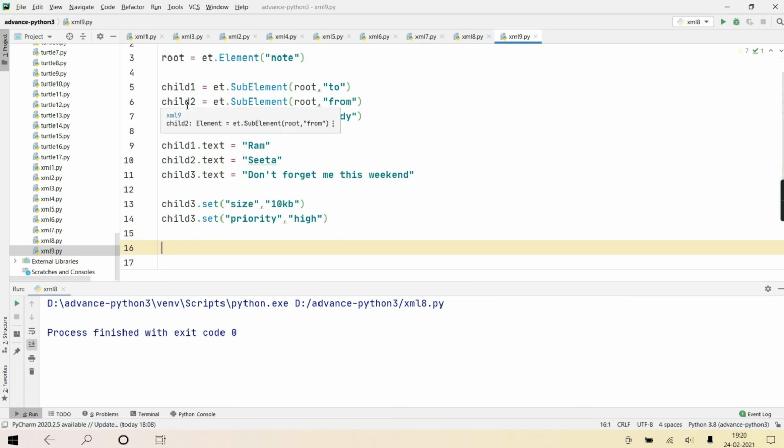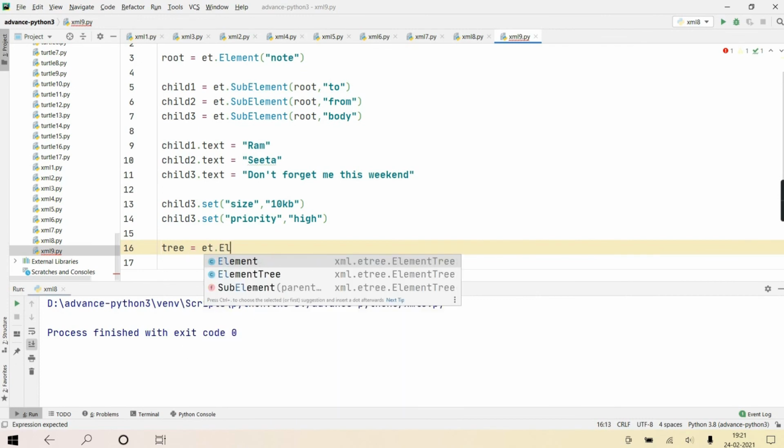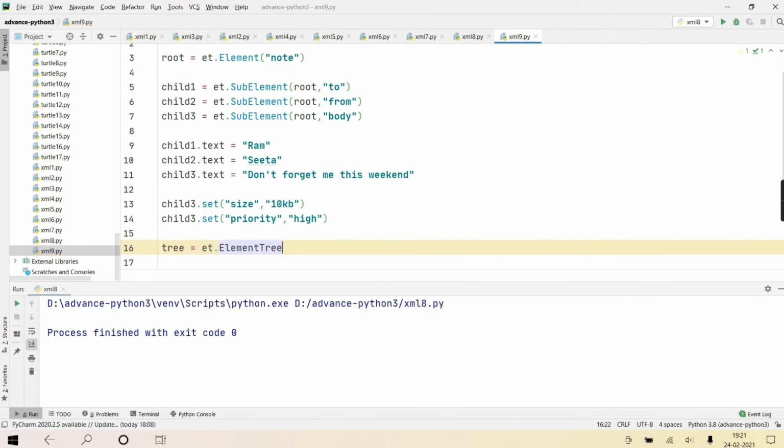Now these three children are in the root. Now root should be part of your element tree, because I told you in this type of parsing, the entire document is considered as an element tree object, and each element is an object of class Element. So now I am going to create an object of ET dot ElementTree.